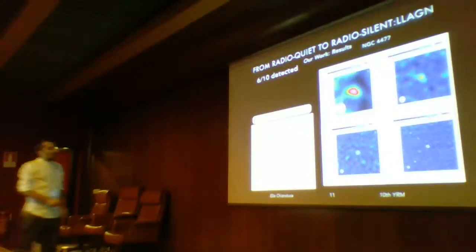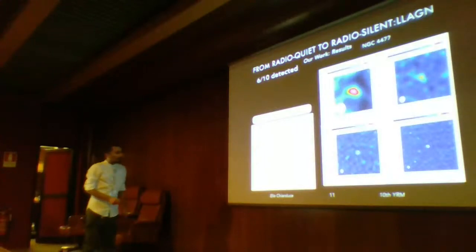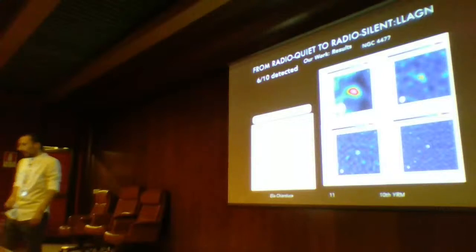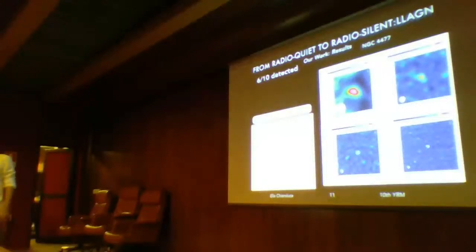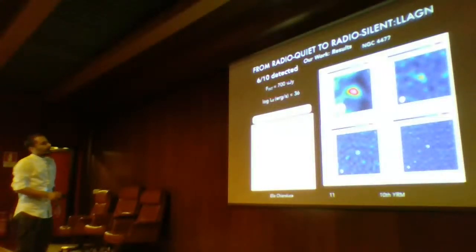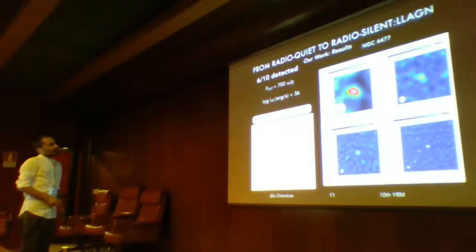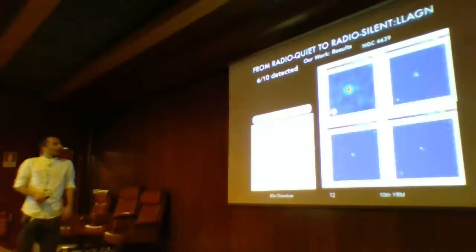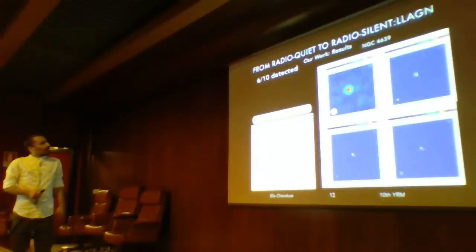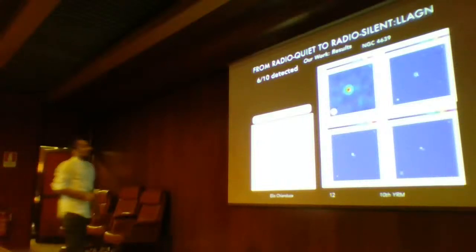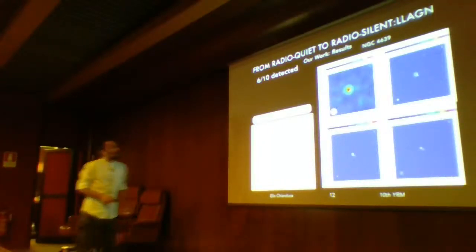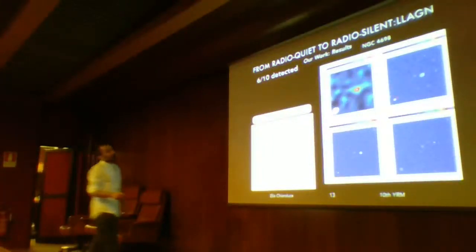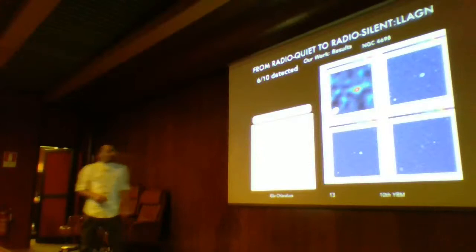And the slope, in this case, 4477, the slope is compatible with being optically thin synchrotron emission. And the luminosities, as you can see in erg per second, are really low, 36 in log units. Okay, this is another example, 4639, and also 4698, in which the morphology is compact as before, but the slope